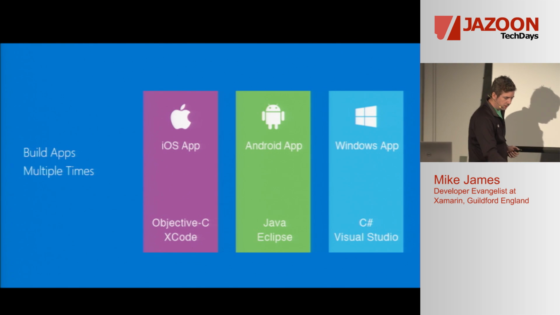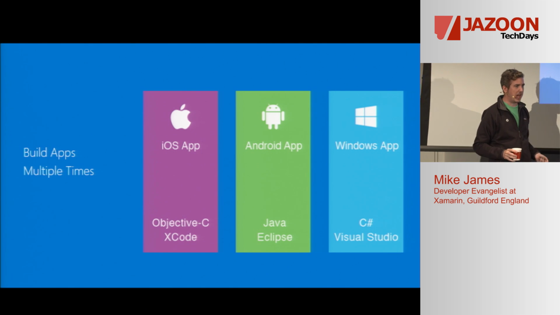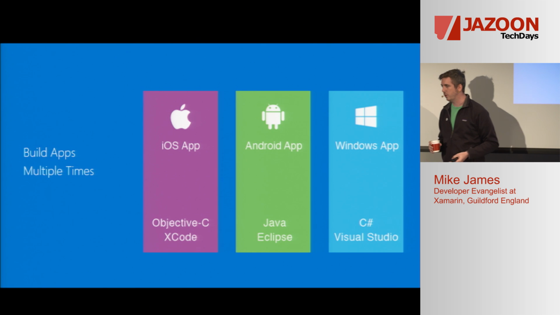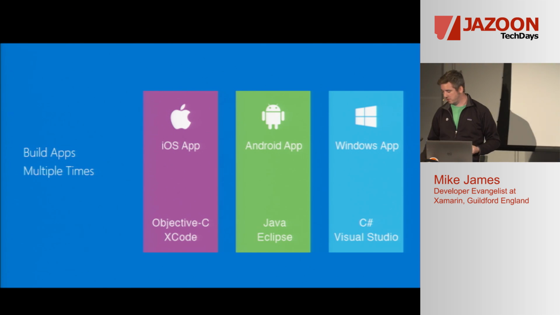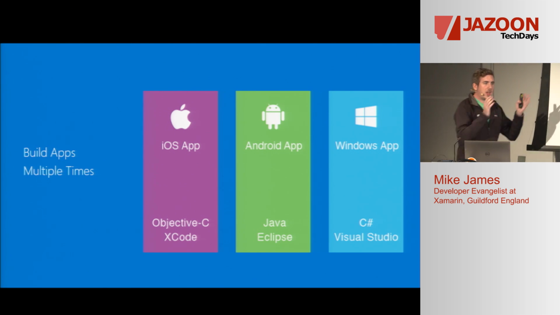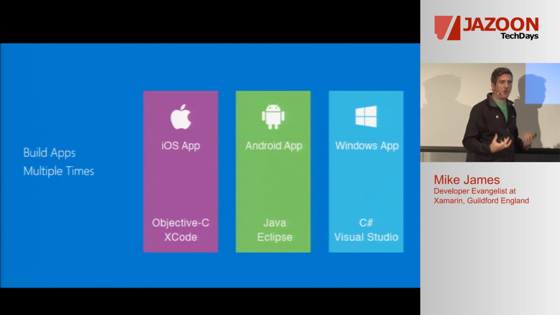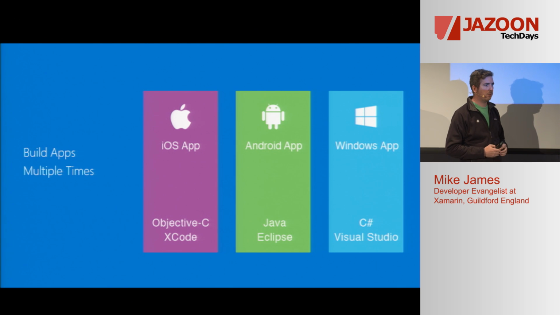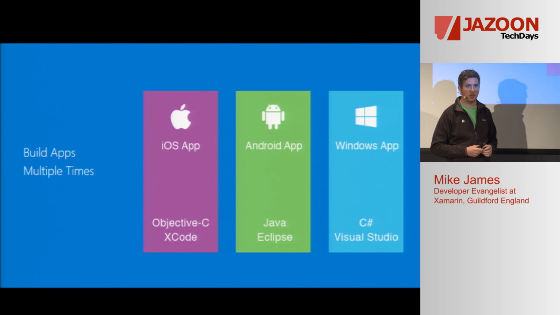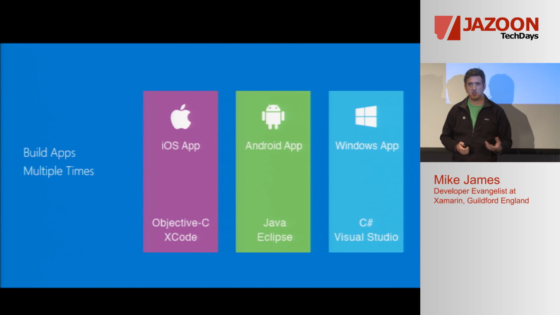So, there are multiple ways to build apps. You can use a siloed approach, which is a pretty expensive way to develop an app, but what you get at the end of it is a really great user experience. If you want a 5-star quality app, this is a great way to go. But as I say, it's expensive because you're going to reinvent the wheel for each platform you're targeting.